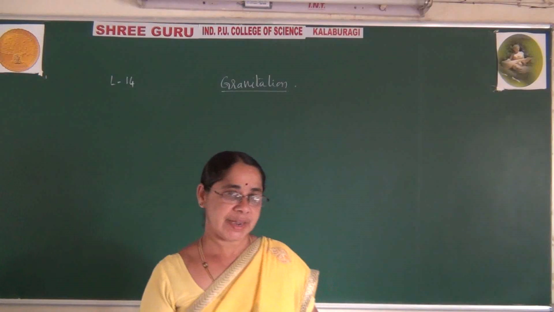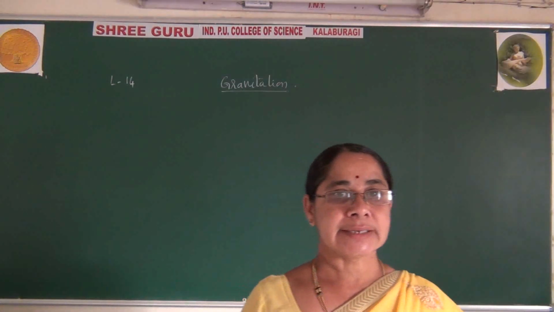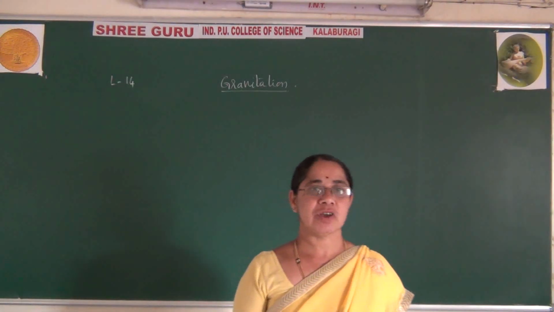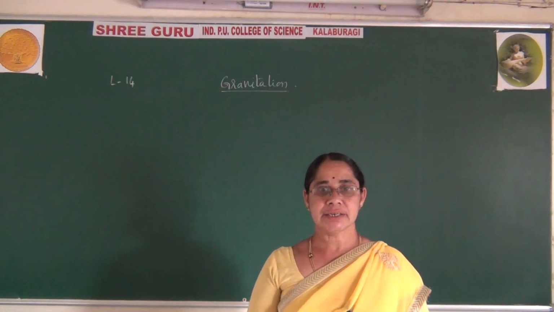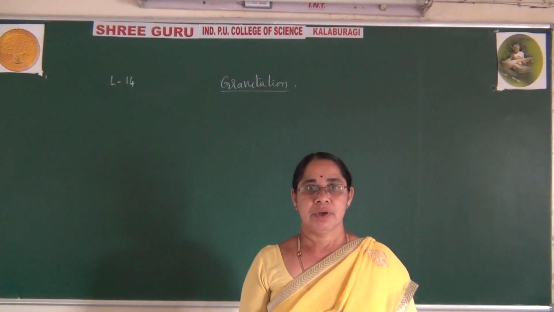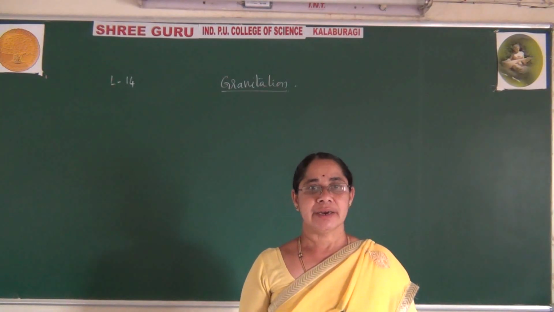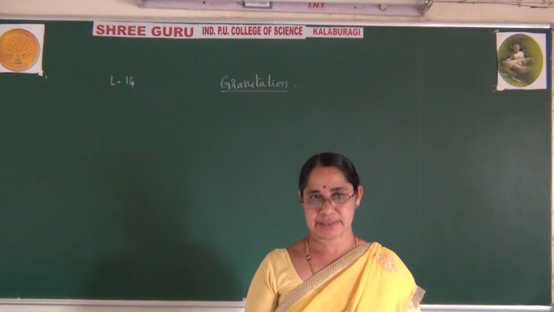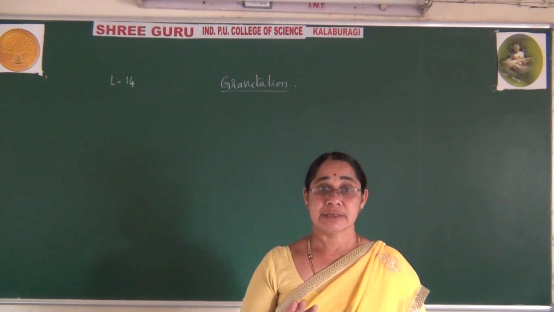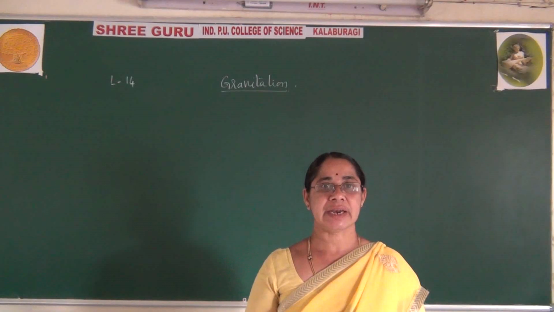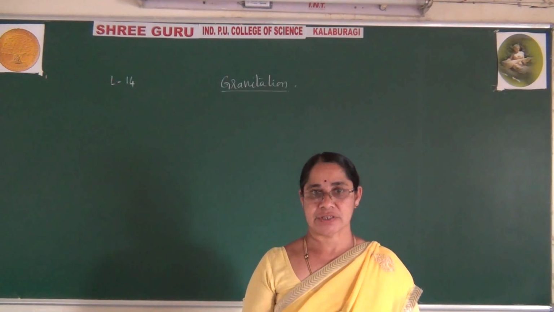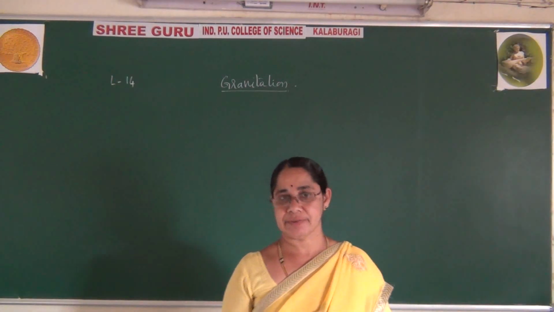In the previous class we learned escape velocity. There we learned the definition of escape velocity, and also the mathematical expression for escape velocity. Hope you have understood the derivation. It is very simple. It is for 3 marks, I said. That expression you have to remember. The same expression will also be used in the further class to relate with another velocity, orbital velocity. So please be aware of that derivation.